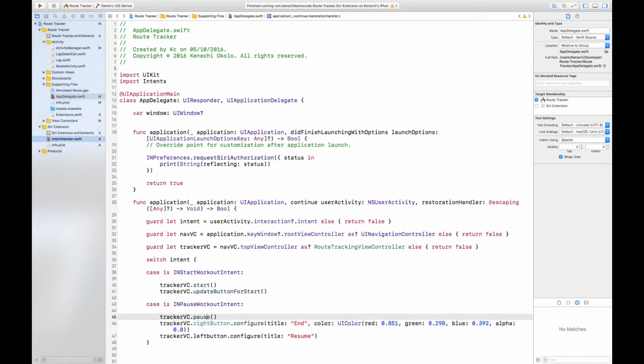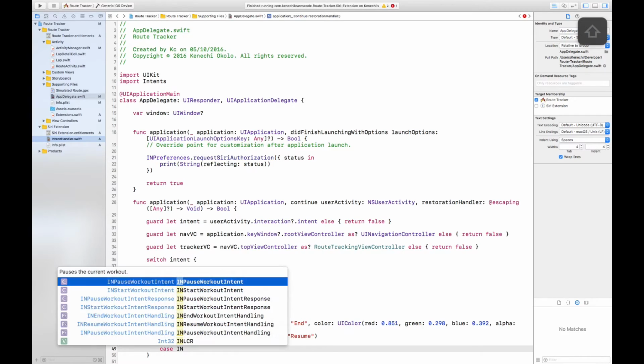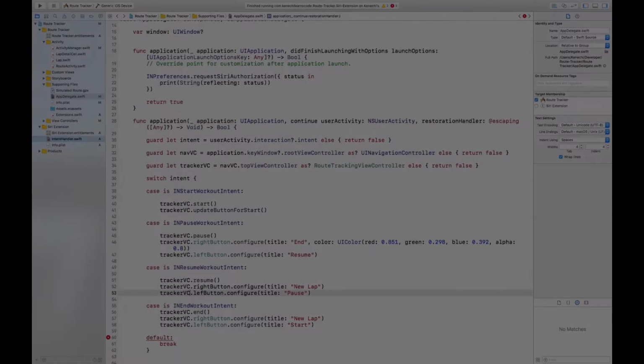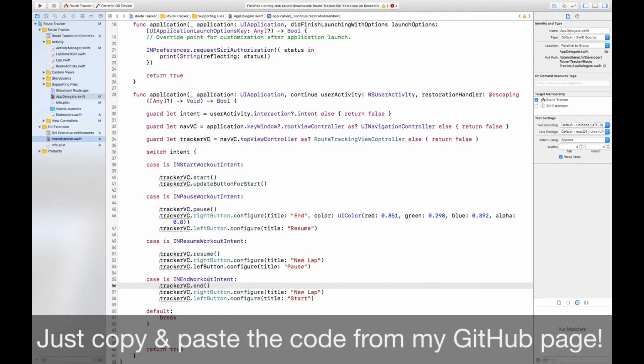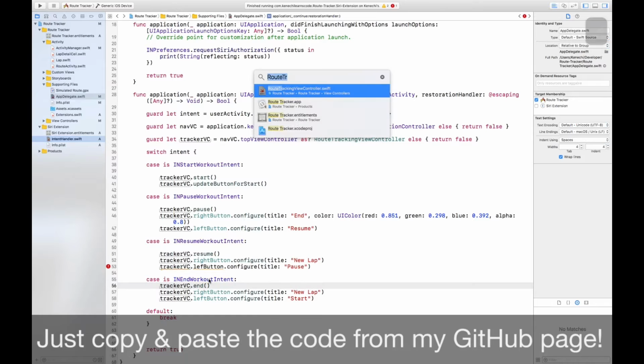Now that should work to pause the app. Now we can go ahead and just type these for the rest because it's going to be exactly the same thing. So all right, that should potentially handle all the scenarios that we have. Now I can head back to